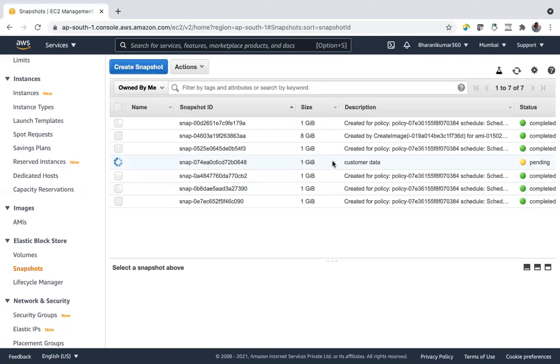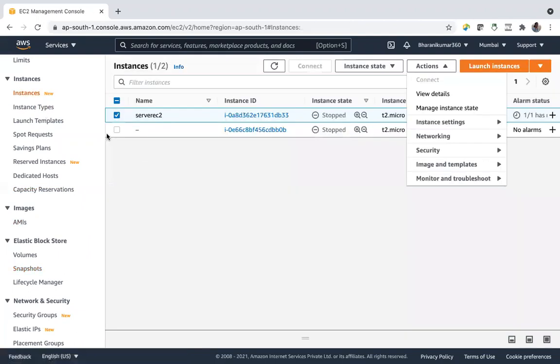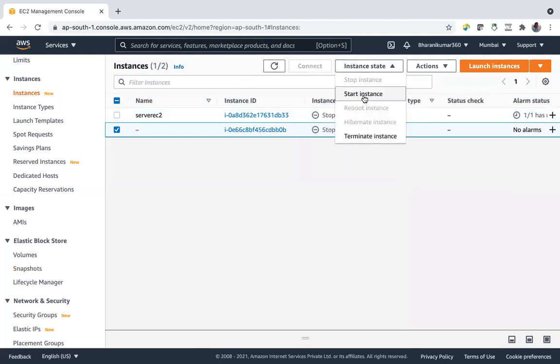And similarly, you can also take a copy of your instance. Then your root volume and the extra volumes will be copied. Suppose I go to my instance, this instance, let me start it: instance state, start instance.